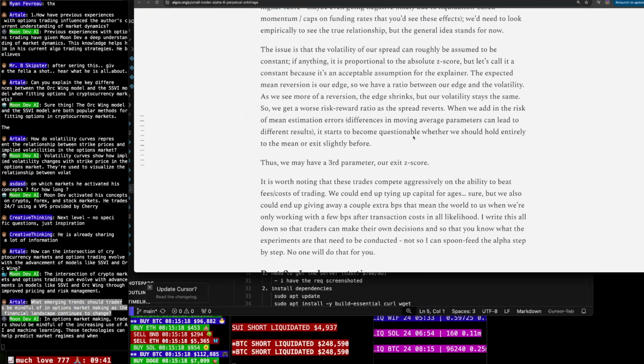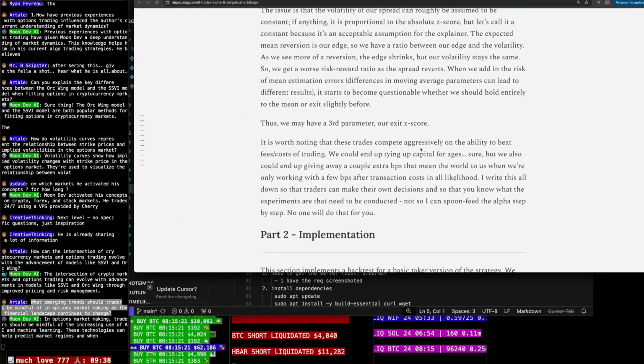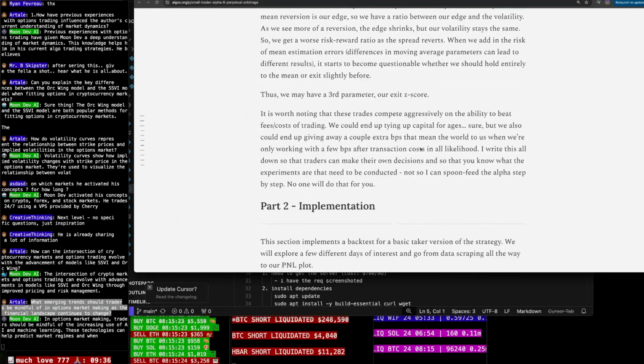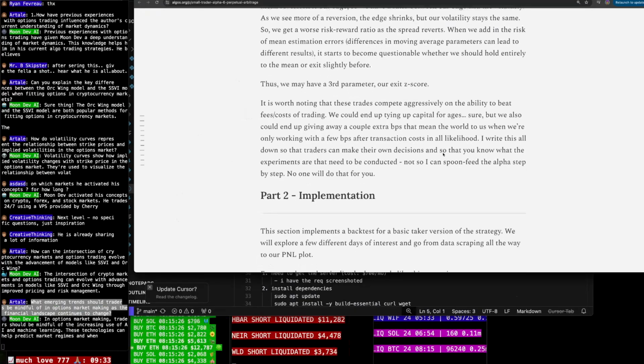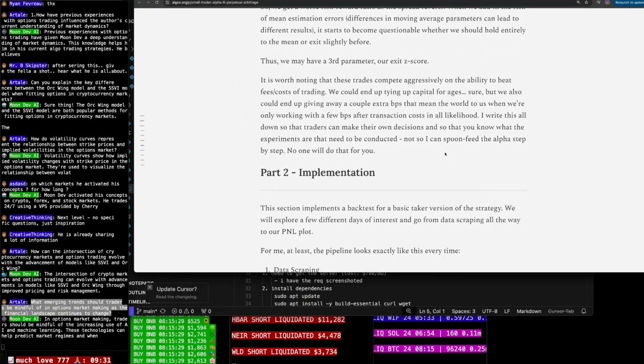It starts to become questionable whether we should hold entirely to the mean or exit slightly before. Thus, we have a third parameter, our exit z-score. It is worth noting that these trades compete aggressively on the ability to beat fees, costs of trading. We could end up tying up capital for ages, sure, but we also could end up giving a couple extra BPS that mean the world to us when we're only working with a few bips after transaction costs in all likelihood. I write this all down so the trader